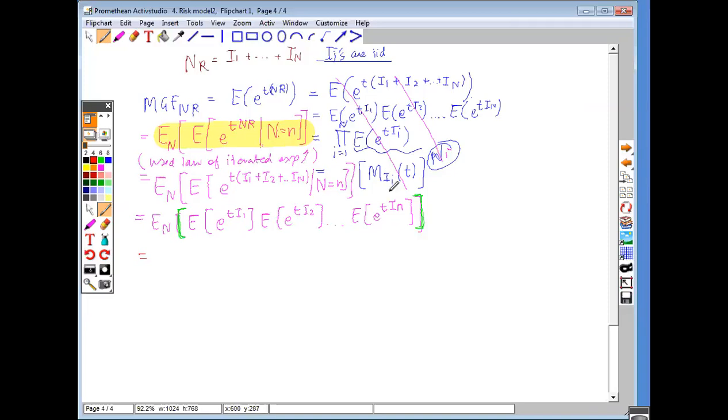The only part where I got stuck here was that I had a random variable in the power. And now I have conditioned upon that random variable itself so that I don't get that in the power. So again, I'm just going to use the same steps here again to write this as product I going from 1 till small n, expectation of e raised to t I, right? So what will I have? I have expectation of n. And then what do I have here? This will just be MIT raised to small n,